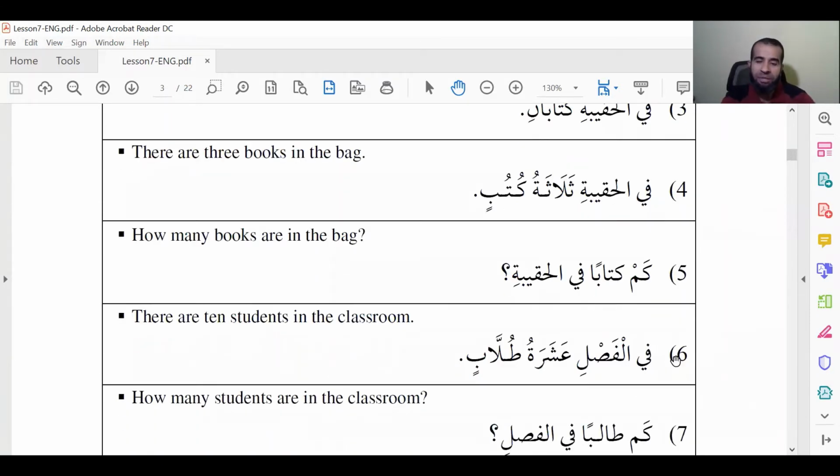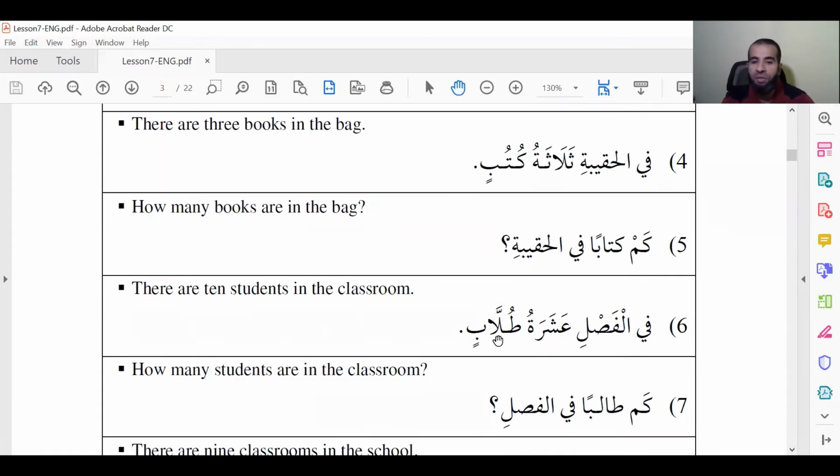6, number 6. في الفصل 10 طلاب. So كتب is the plural of كتاب. طلاب is the plural of what? Of طالب. في الفصل in the classroom 10 students. في الفصل 10 طلاب. The question will be how many students singular طالبا. كم طالبا في الفصل؟